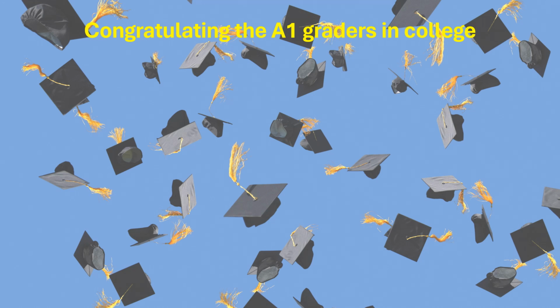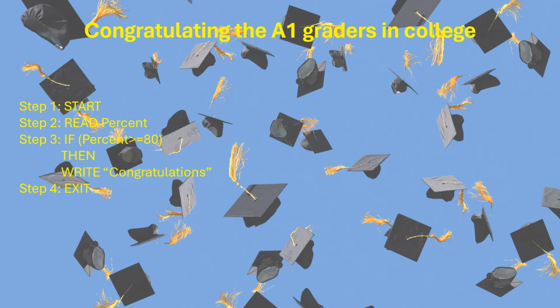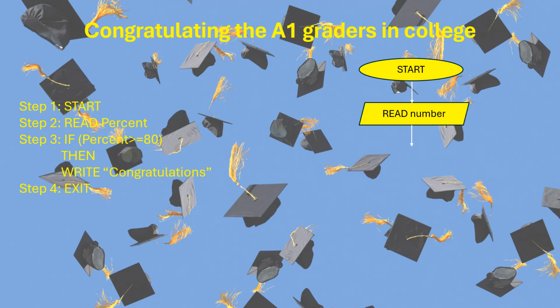Let's take an example of congratulating the A1 graders in college. First, we will draw the algorithm. Step 1, start, then read the percentage. If percentage is greater than or equal to 80, then write congratulations and exit. Now talking about the flowchart, we start off with the oval, the parallelogram enclosing the read number,